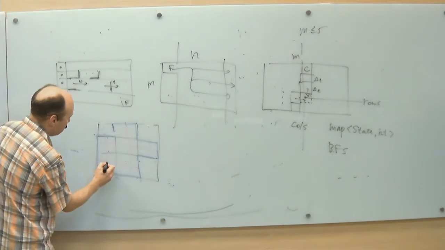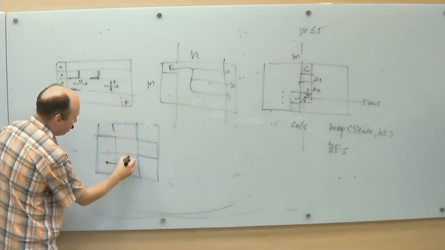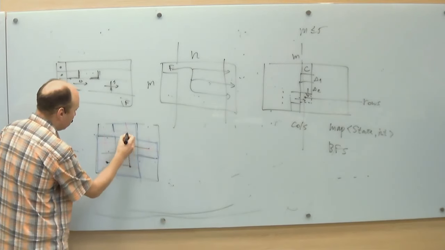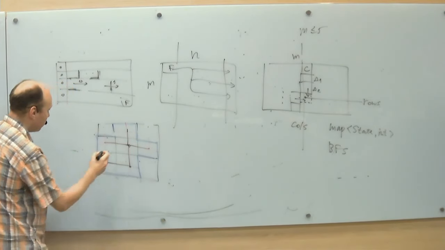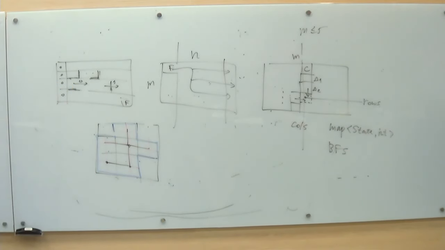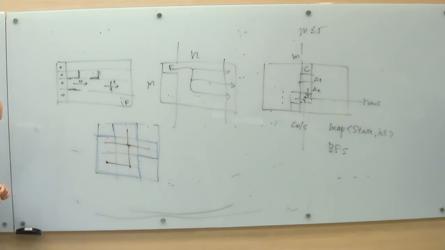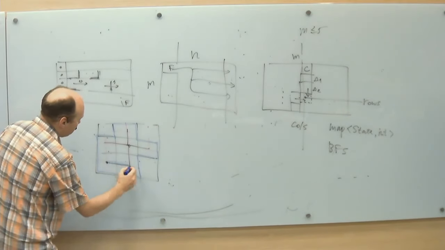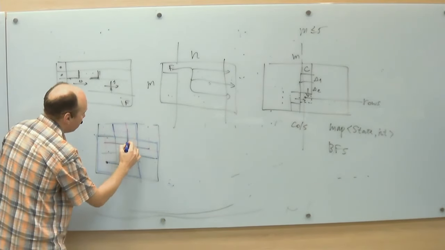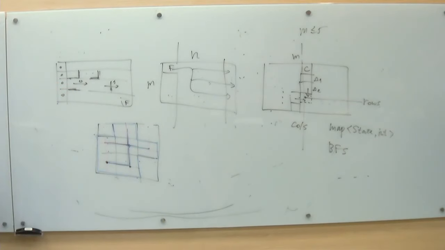So let's start DFS from here, go here, go here, go here, return, go here, return, go here, return. So if you look at the picture after this, you see that if you keep the walls and add these DFS edges that you move along, what remains is exactly